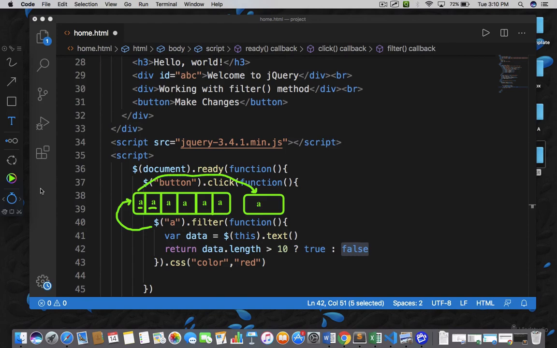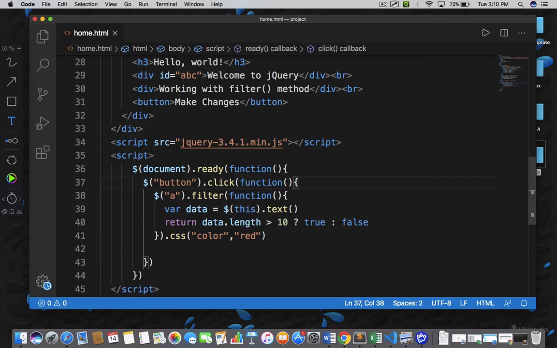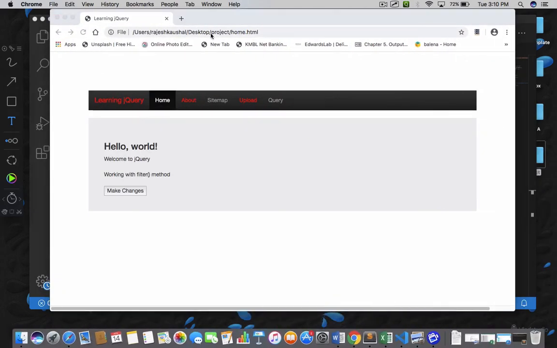So let me erase everything here, and let's go back and refresh your page. Now it's time to execute the code. Let me save my document first and then open your home.html file. Let me refresh it. So this is the original web page. Now I am going to click on make changes. When I click on make changes, only the single anchor element where the hypertext is greater than 10 should be in red color. So let me click here. See, I got a single anchor element which is in red color because here the hypertext is greater than 10,